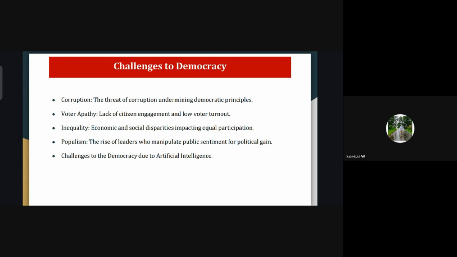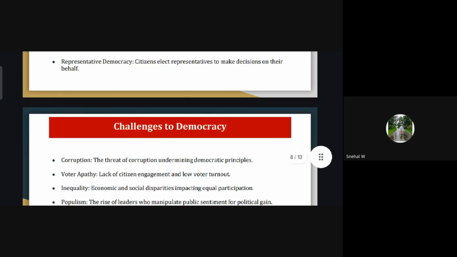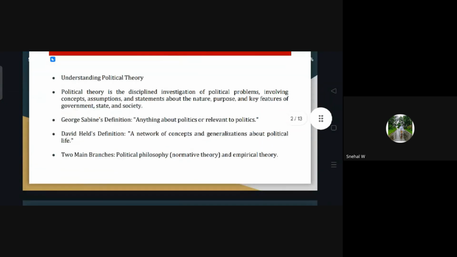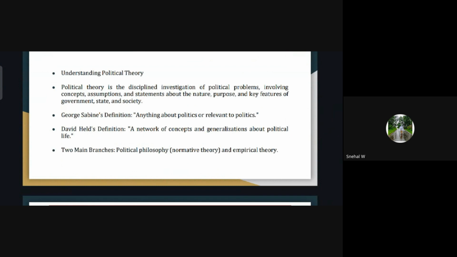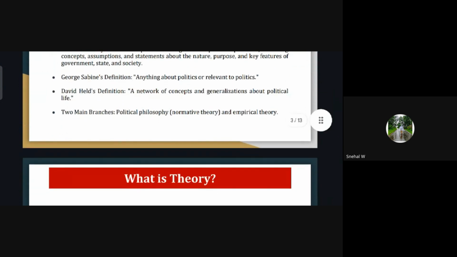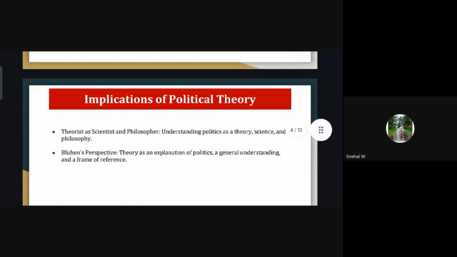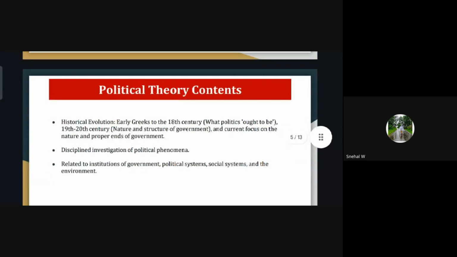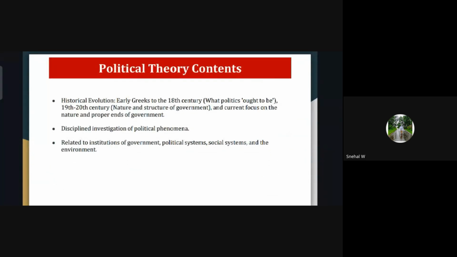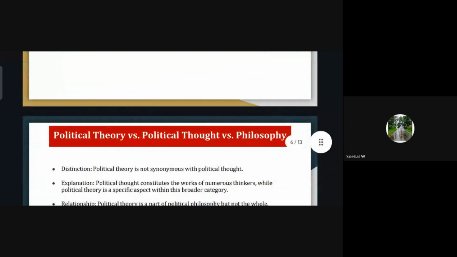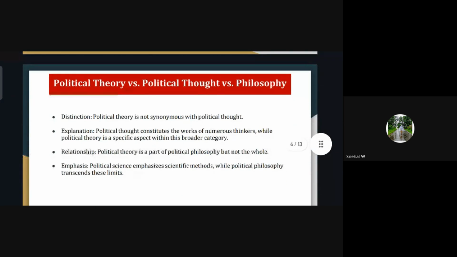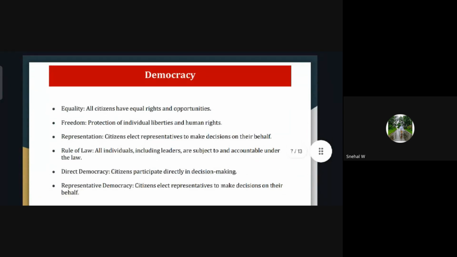Okay. So again, we will take a recap just in a minute of what we have discussed so far. Here we can just go through it. In the beginning, we tried to understand the term political theory. We tried to understand the definitions as well. What is the difference between political and theory? While discussing, we also tried to trace the history of the evolution of political science. We tried to understand the difference between political philosophy, political thought, and political theory. Then, at last, we came to